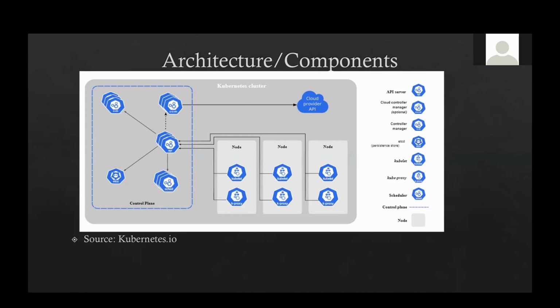But if you really need some set of containers to be deployed on some set of nodes, then you would use a mechanism to influence the decision of the scheduler,